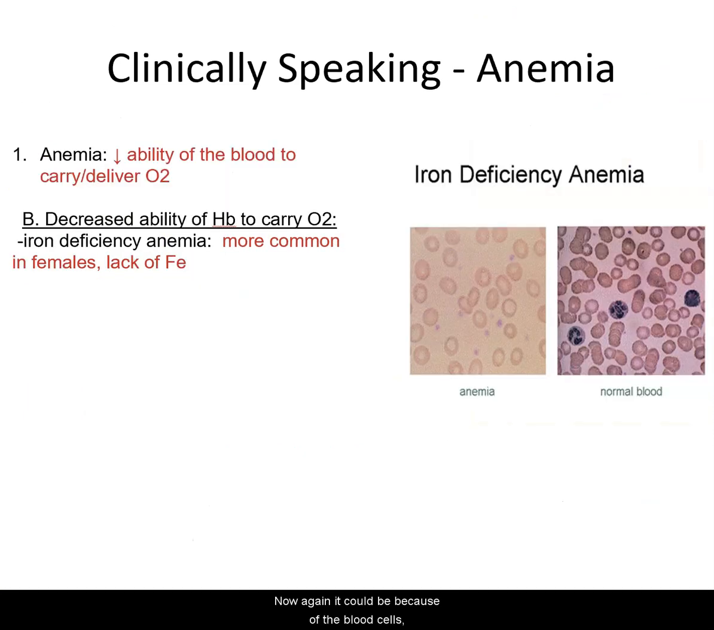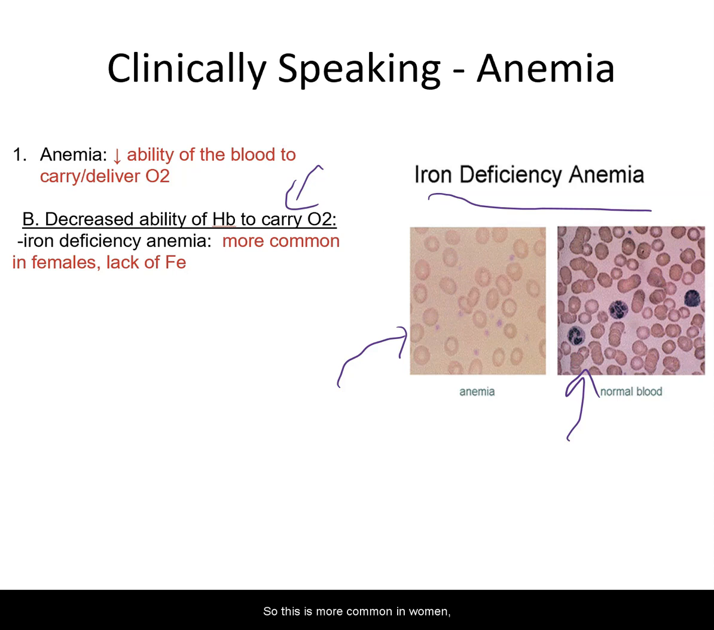Now, again, it could be because of the blood cells. It could also be that anemia could be a problem with the hemoglobin. So maybe the issue isn't that you don't have enough red cells. Maybe the issue is something with hemoglobin, and one is called iron deficiency anemia. So notice your normal blood, that hemoglobin binds, and you get this with the oxygen, you get this nice reddish color. When you're looking at iron deficiency, the blood's more pale. You don't have as much of the iron, and so it's not binding as much oxygen, which can affect the